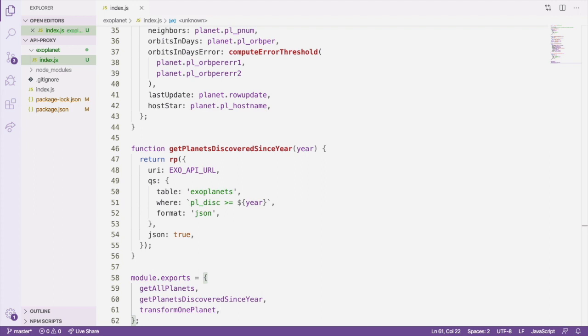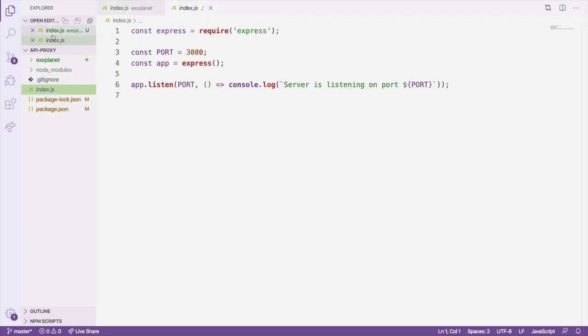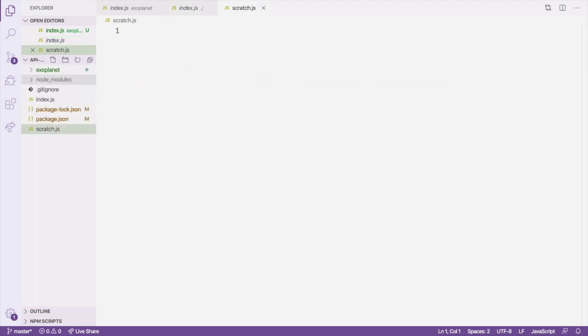To test that everything is working, let's create a scratch file and import some of the code from our exoplanet module. We'll pass the path to our exoplanet directory to the require function and use destructuring to import the functions we want from the file.